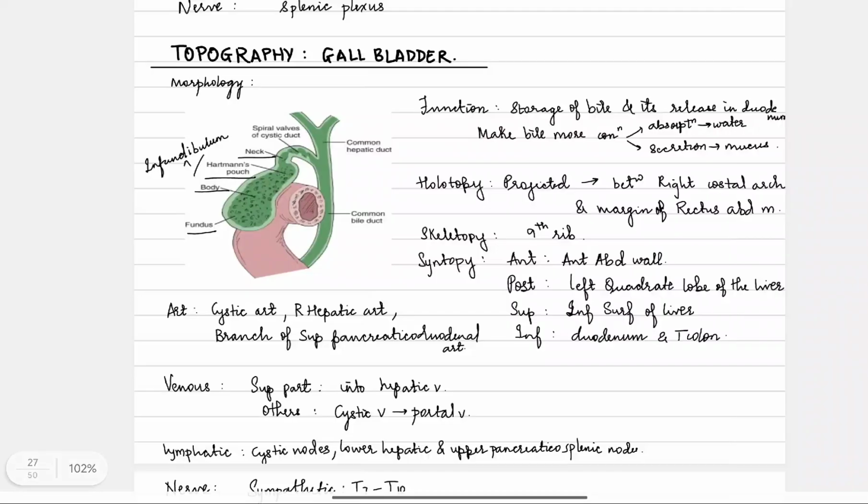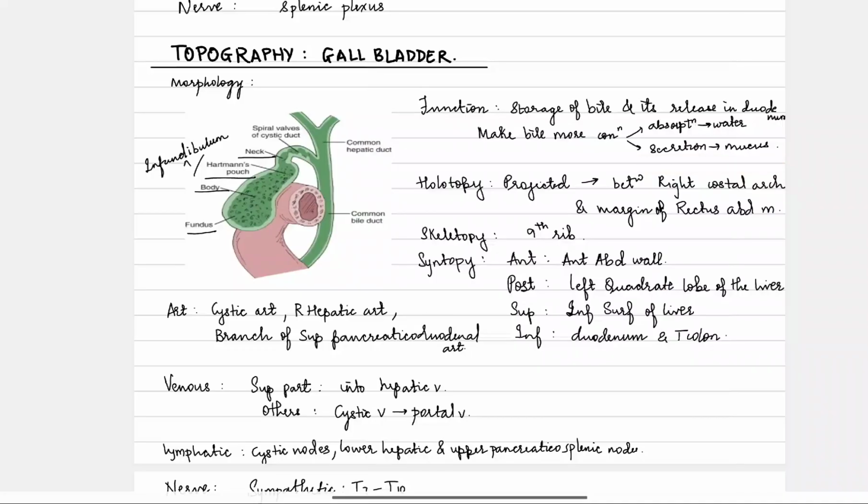Next is gallbladder. Morphology. Several parts are there, which are fundus, body, Hartmann's pouch, neck, and infundibulum, which is also Hartmann's pouch. It is a storage of bile and releases it into the duodenum. It makes bile more concentrated, by absorption of water and secretion of mucus,